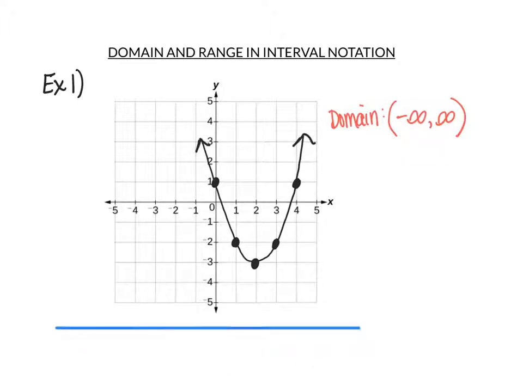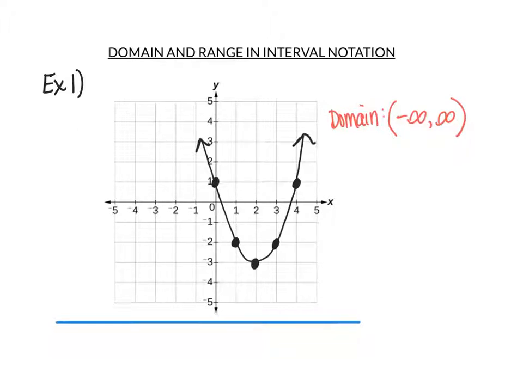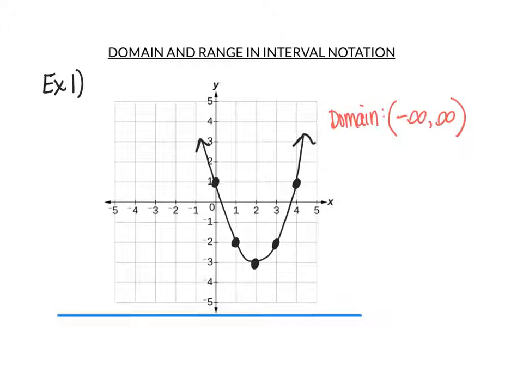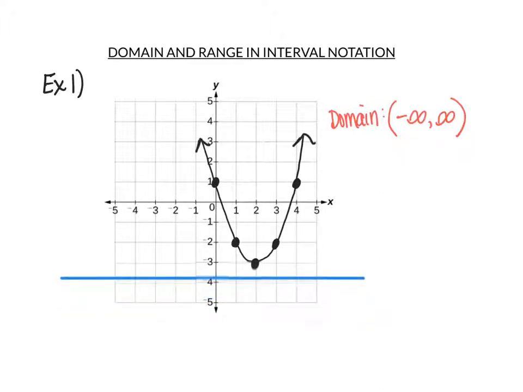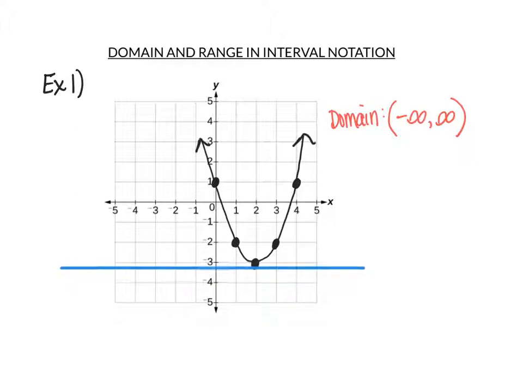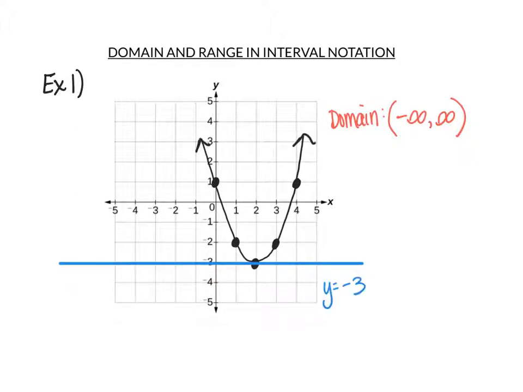So I'm going to stop here with this horizontal line and ask, does our black parabola touch this blue horizontal line? And the answer is no. So let's continue to drag this horizontal line up, and we're going to see where it starts to touch. So no, no, no, no, and right there at y equals -3, you can see that our horizontal line finally touches the black parabola, and the value that it starts to touch at is y equals -3.